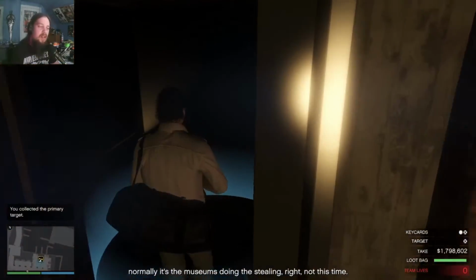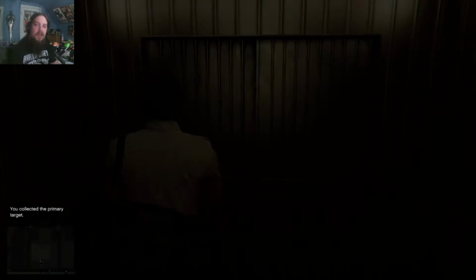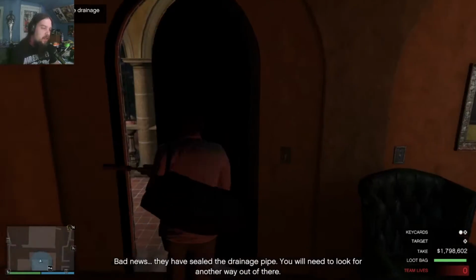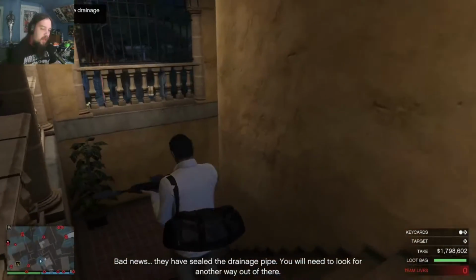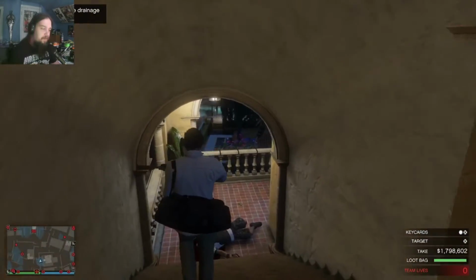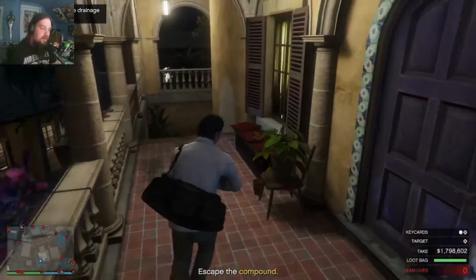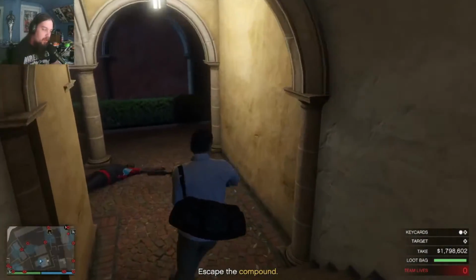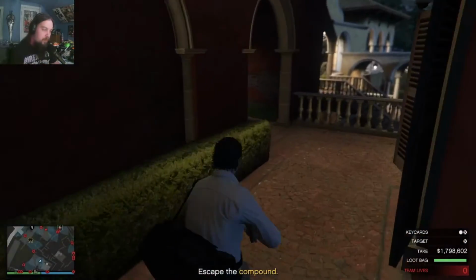Fun fact, there's a fences fee once you get done with the heist. When you grab the primary target, the fences fee is already adjusted out of what gets added to your take. But it's not already adjusted for your secondary targets you grab. Minorly annoying to me, but